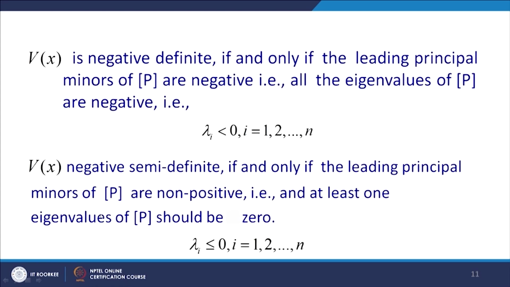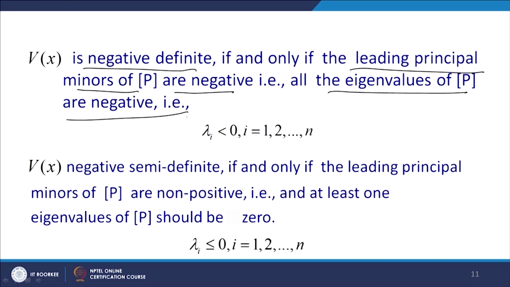Now, the reverse case is possible in the case of negative definite. V of x is negative definite if and only if the leading principal minors of P are negative, that is, all eigenvalues of P are negative. That means V of x is negative definite if the eigenvalues of P are lying on the left side of the S plane. Then that particular real symmetric matrix P is called negative definite,